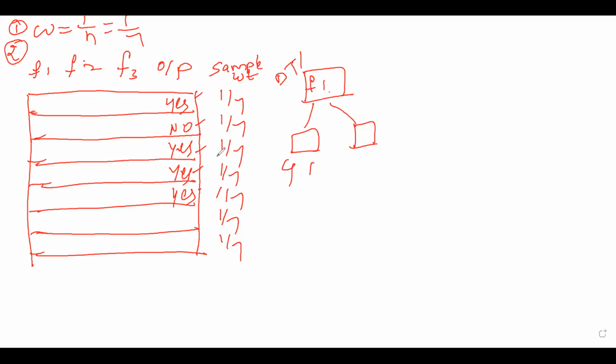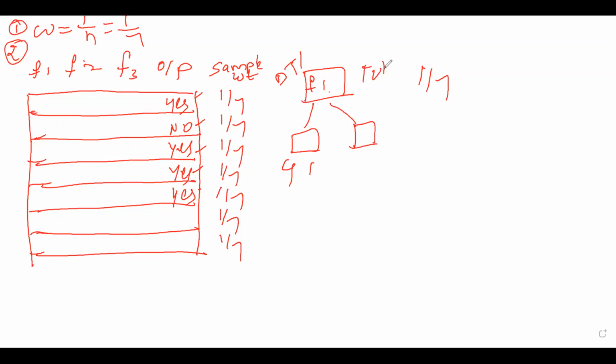Then what we have to do is, for this classification, find the total error. How do we find total error now? Suppose 1 record is incorrectly classified, so we calculate total error by summing the sample weights of the wrong records. So what is total error here? Let me consider 1 by 7. Why? Because we have all sample weights as 1 by 7. So the total error we have to consider as 1 by 7.